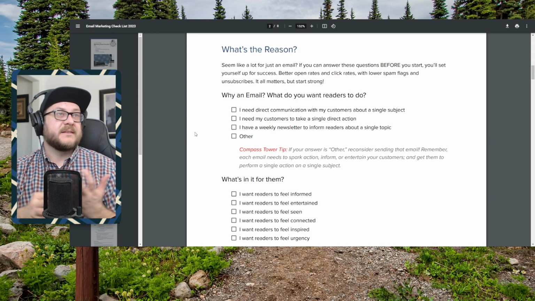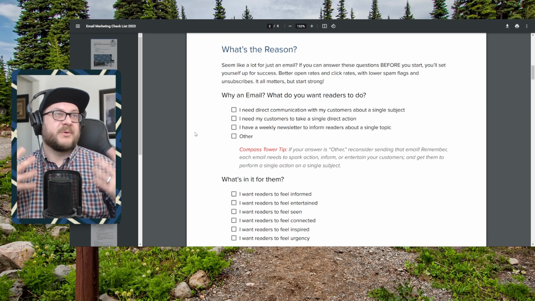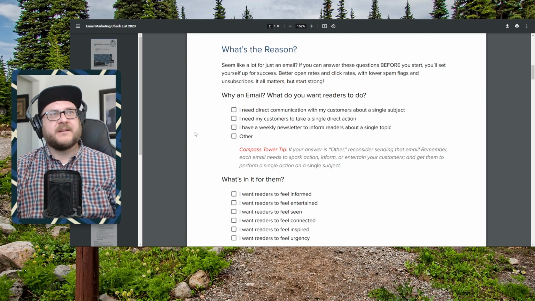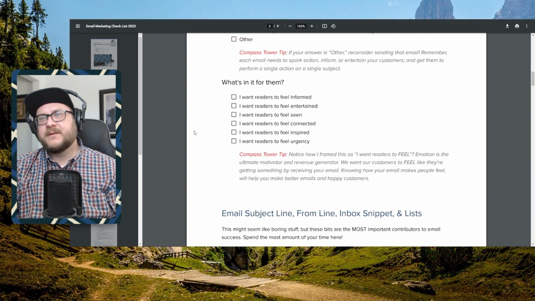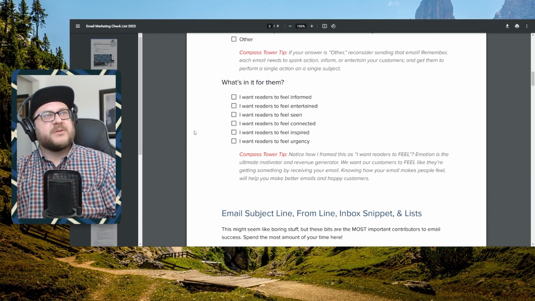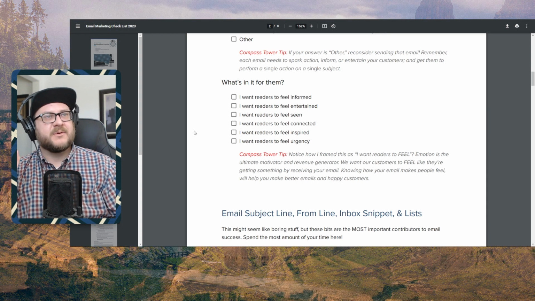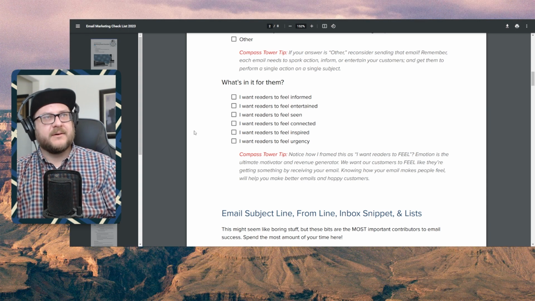And I call it content because an email is content. You're producing something in a contained system and delivering it. That's a piece of content. So the most important thing to think of in these initial stages is, if I were to receive this, what's in it for me? What's in it for your customer? What are you hoping to get them out of it? What action do you want them to take?